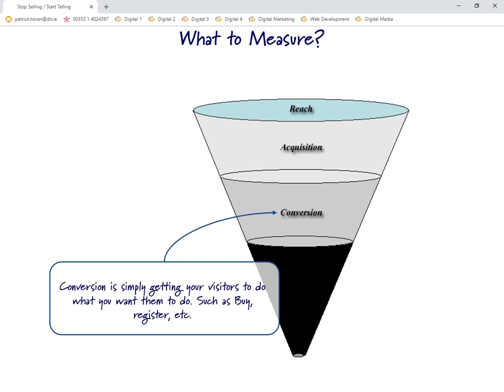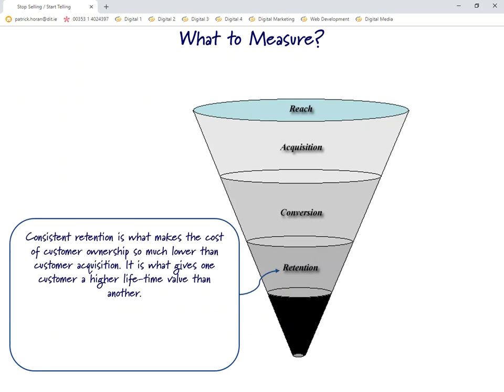Okay, now what's very interesting about this in the sales funnel is it's really only halfway down along the actual funnel. So getting them to buy from you is not the end goal. So what is? Retention, retaining your customer. Once they've bought from you, retention is trying to get them to come back and buy from you again. And that kind of borders on the whole idea of the next stage, which is looking at loyalty.